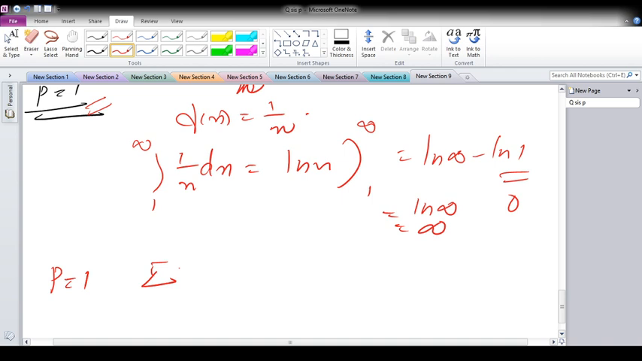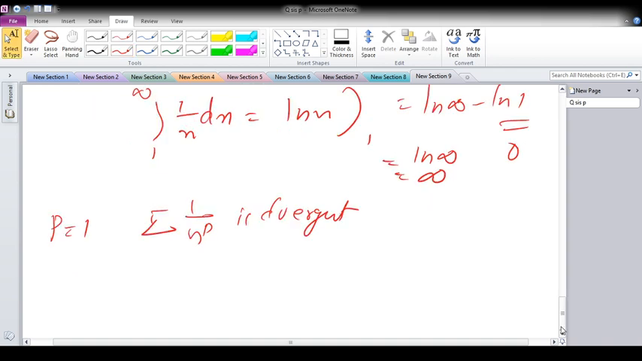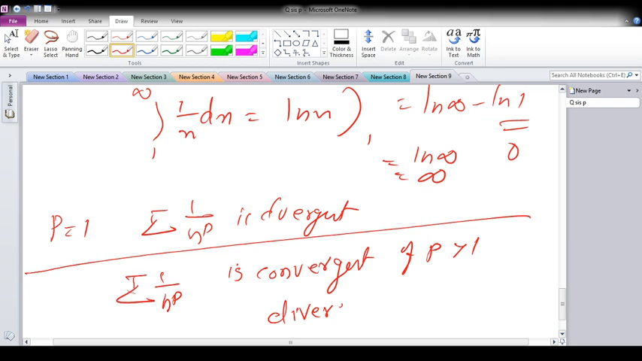So we can conclude in this way: in this p series, summation 1 by n power p is convergent if p greater than 1. Divergent if p less than 1, and lastly we integrated p equal to 1, that is also divergent. So we got divergent if p less than or equal to 1. So we can conclude the p series is convergent if p greater than 1 and divergent if p less than or equal to 1. Okay, this is the important